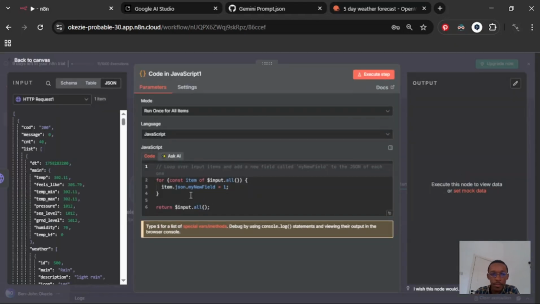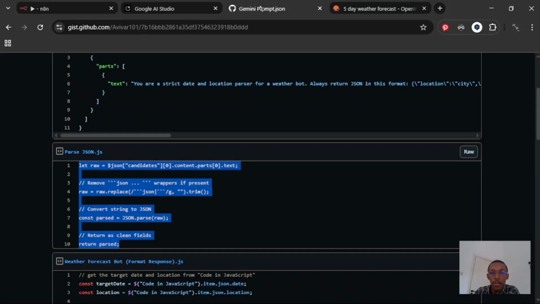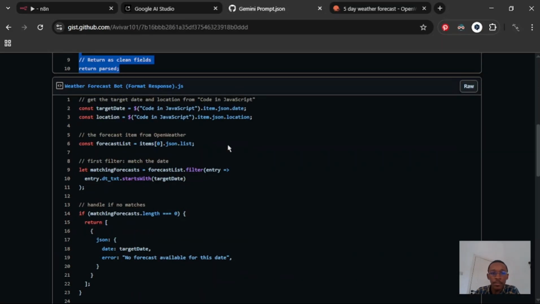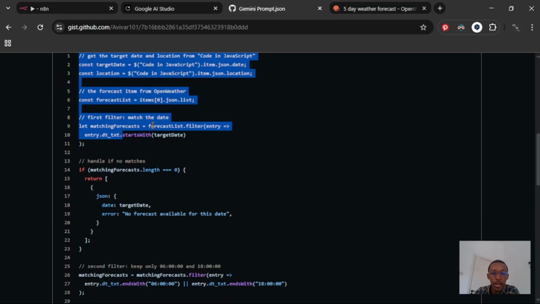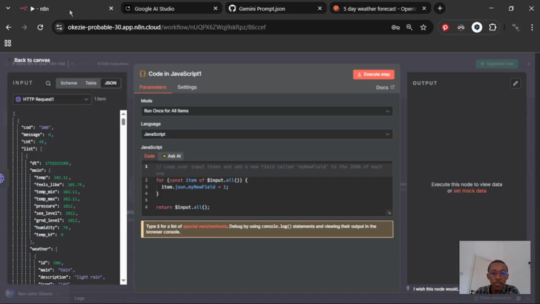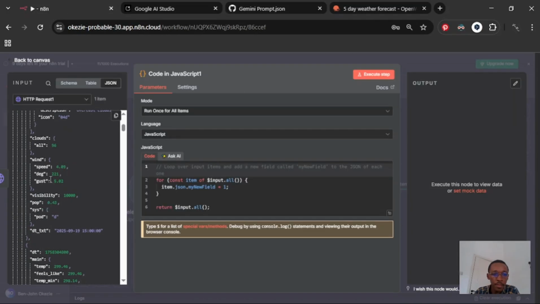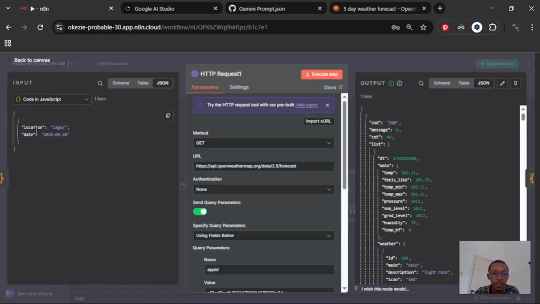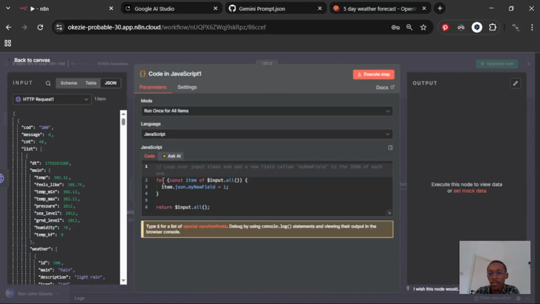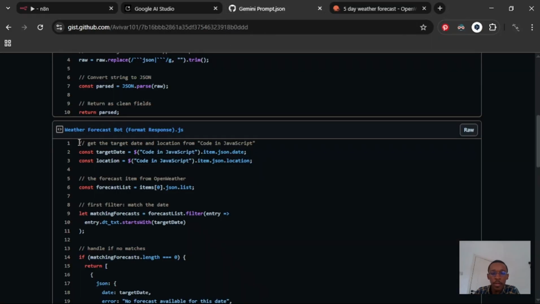Good. So for this node also, I have the JavaScript in the GitHub Gist, and you can simply head over there and copy it. But before that, you have to ensure that you're getting this message and this response. If this is not coming in properly, your JavaScript code wouldn't work properly. So you head over and you copy the code